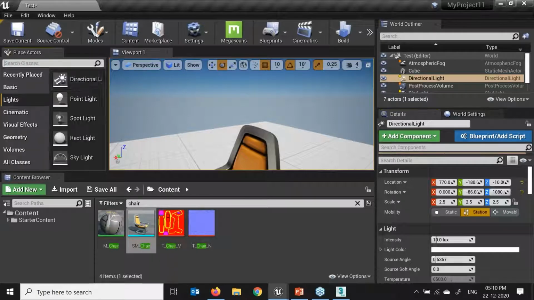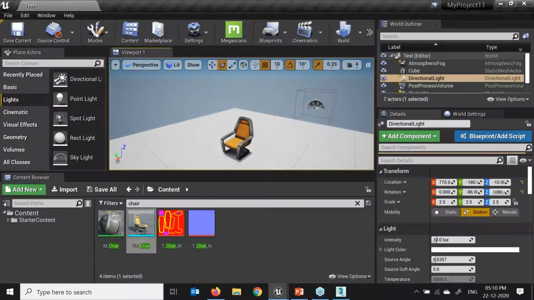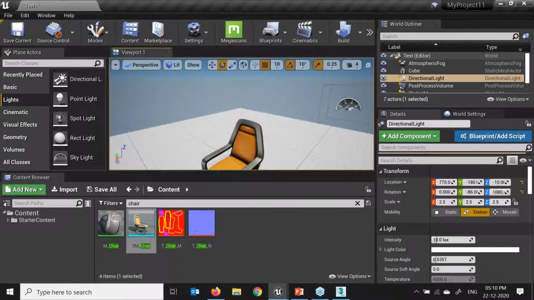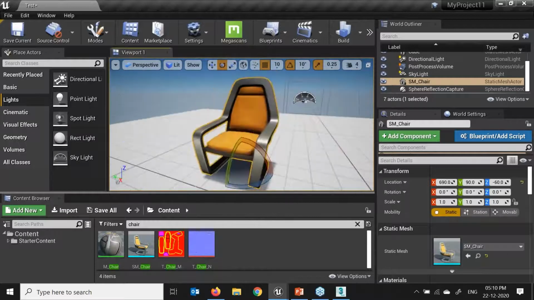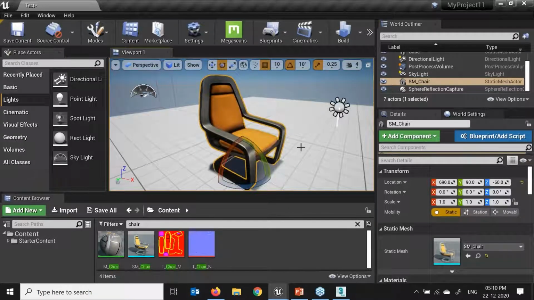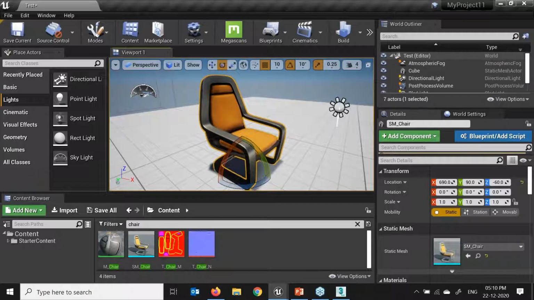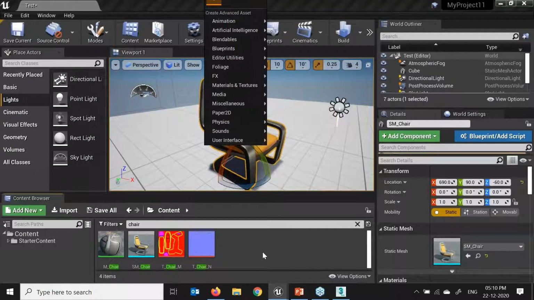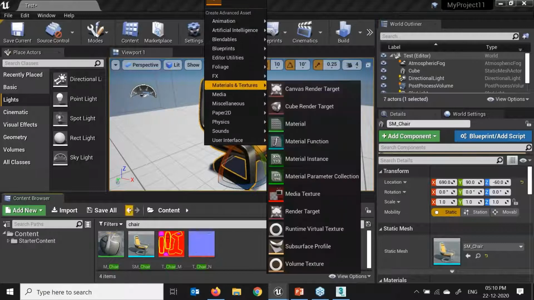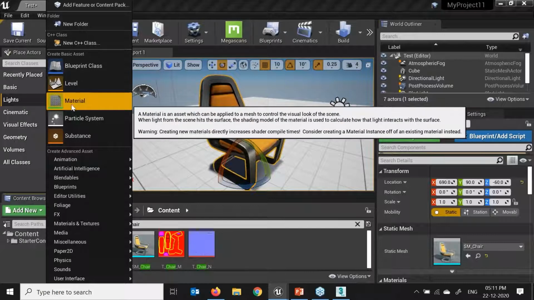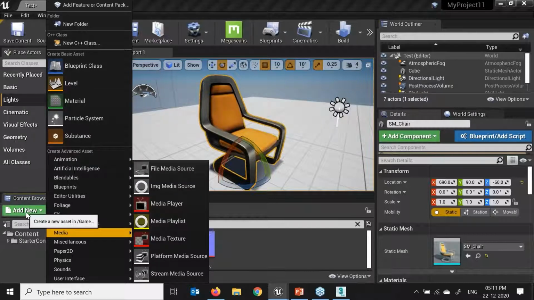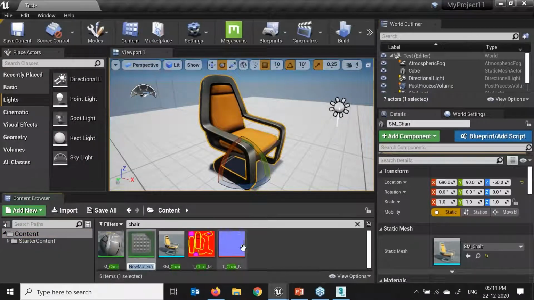So okay, now we'll see something about the basics of the material editor, right? How we can make the material editor, what are the different options available in the material editor, right? So what I'll do, I'll go to my container, right click over here, add new material. I need to click on this content browser, click on this material.